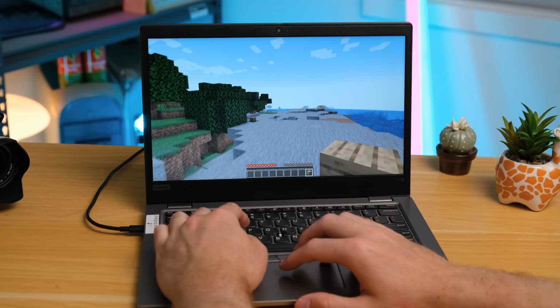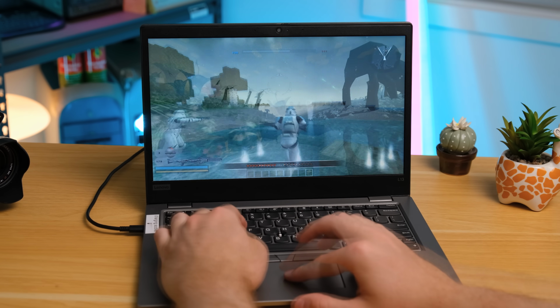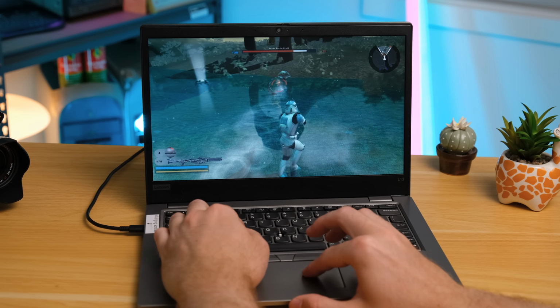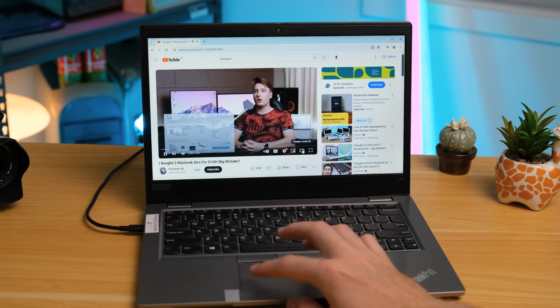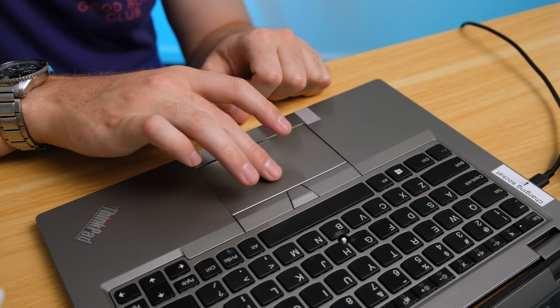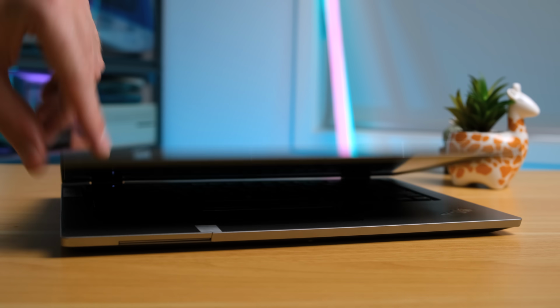The latest version of Minecraft also runs fine. The laptop's stereo speakers are also decently loud. If you're a fan of older games, this can handle most of them pretty well honestly, and 4K YouTube playback is also fine on this machine. It's a little bit damaged, but overall this is a very usable device. Even without the iconic pointer nub, the normal trackpad is pretty great, and for the price I paid, the gamble